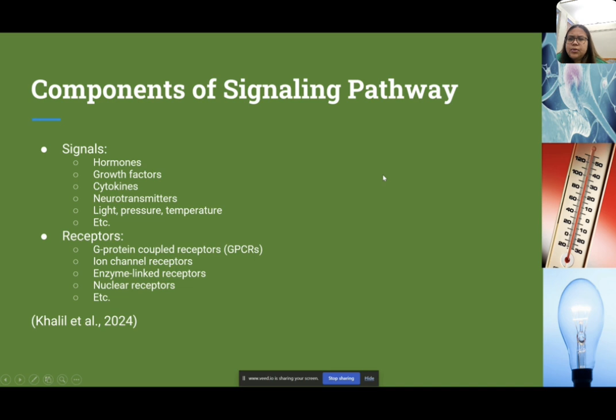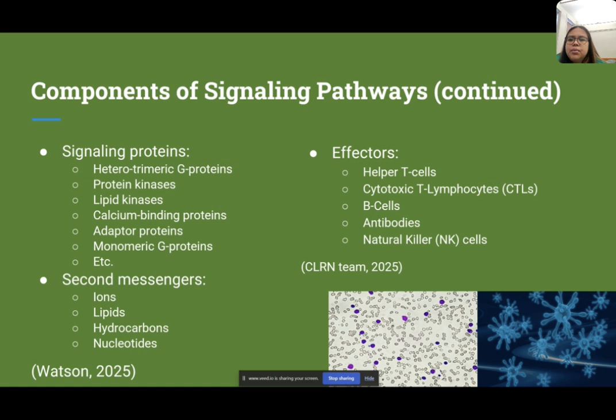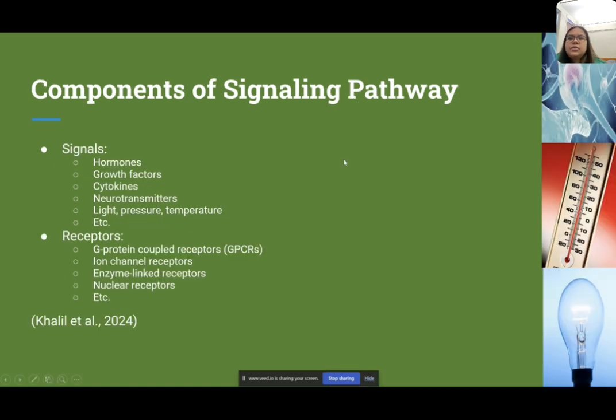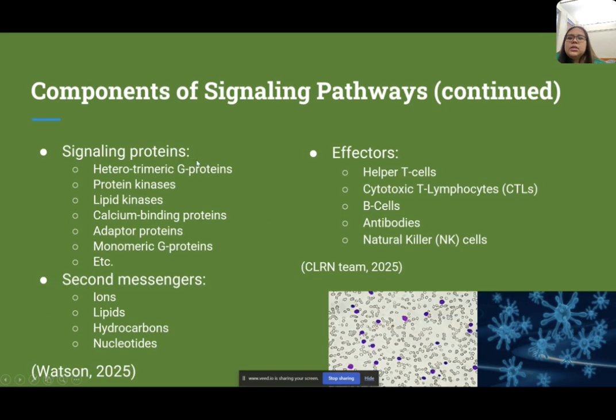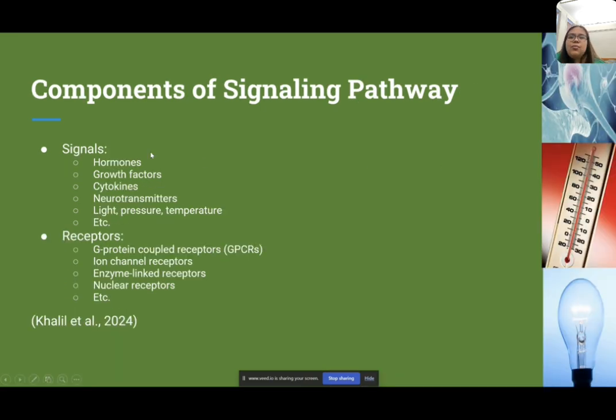There's different components to signaling pathways. This includes signals, receptors, signaling proteins, second messengers, effectors. There's a lot of players in this process. Examples of signals would be hormones, growth factors, cytokines. Receptors would include enzyme-linked receptors, ion channel receptors, nuclear receptors. Signaling proteins would be adapter proteins, protein kinases, lipid kinases. Second messengers would be ions, lipids, hydrocarbons. Effectors would be helper T cells, antibodies. They're the ones who were acting upon the signal that was induced by the signal itself when it bound through